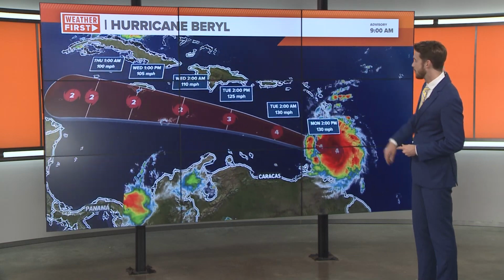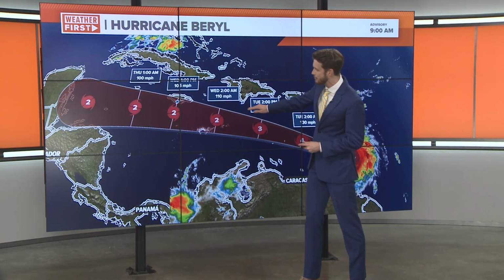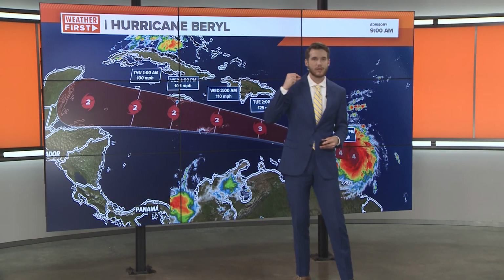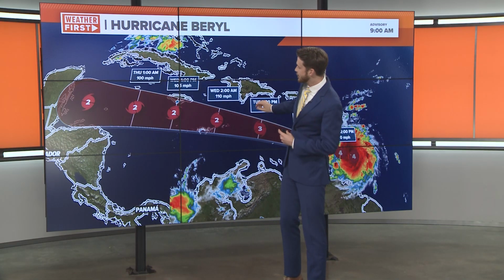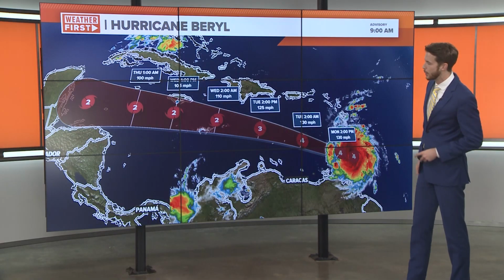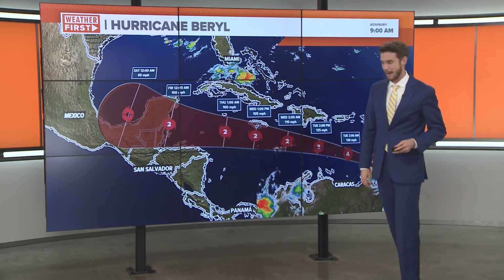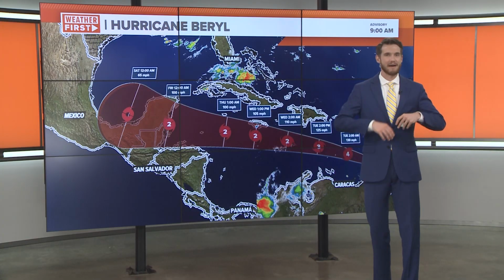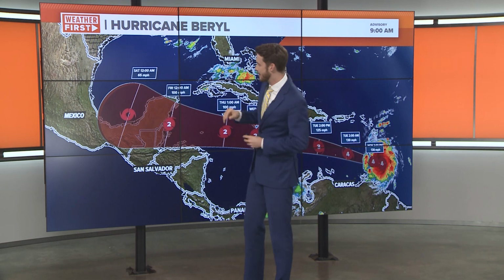Notice the forecast cone still has it continuing to hold on to its major hurricane status at least halfway through the Caribbean. Then it interacts with wind shear. Now, whenever we see wind shear, this kind of shreds the tropical system apart. So it's going to downgrade to a Category 2 hurricane before eventually moving through the Yucatan Peninsula and into the Bay of Campeche. Now, it's at this point that we have a lot more uncertainty because at this point, the forecast cone goes to midnight on Saturday. Okay, this is the best guess, if you will, at this point because it's so far